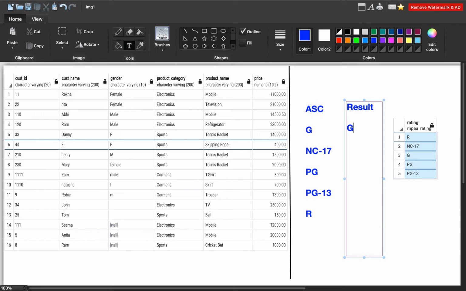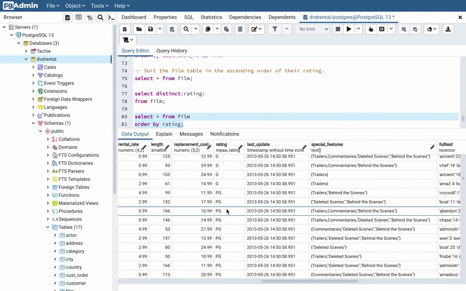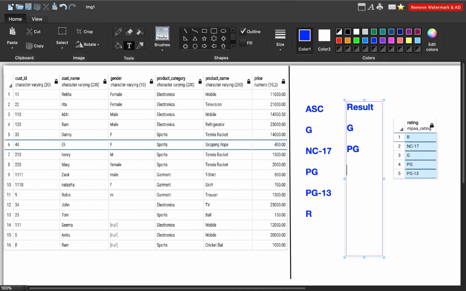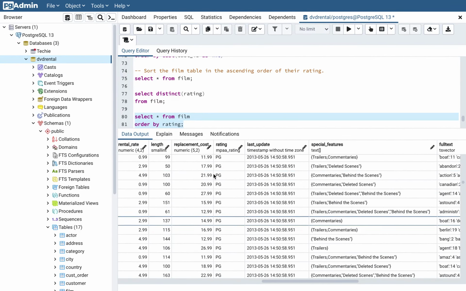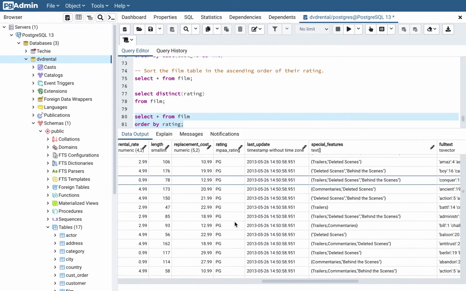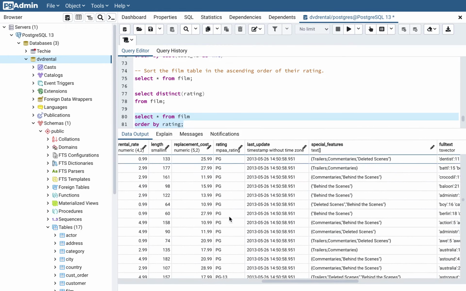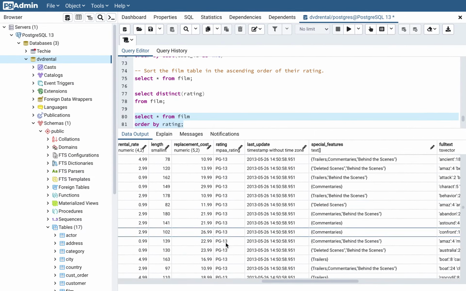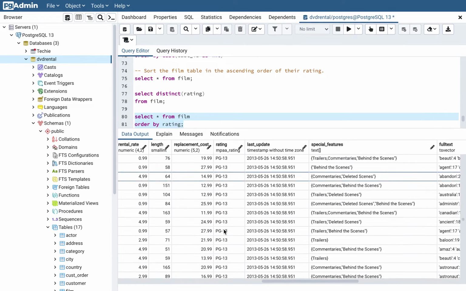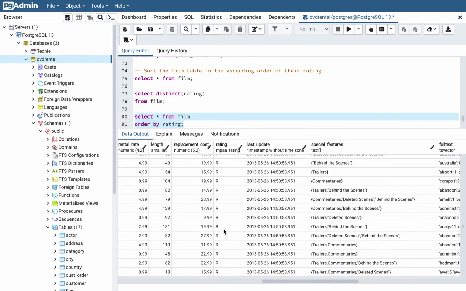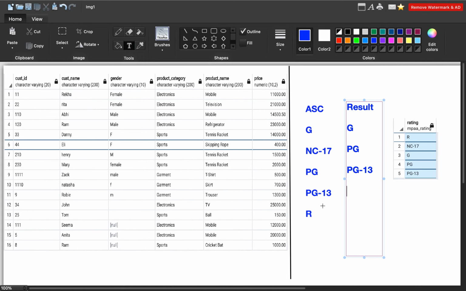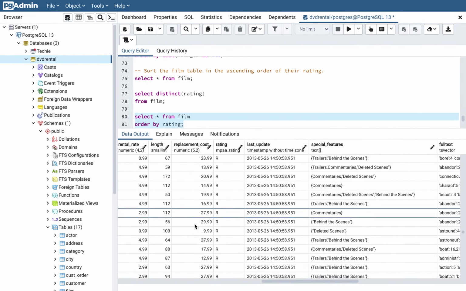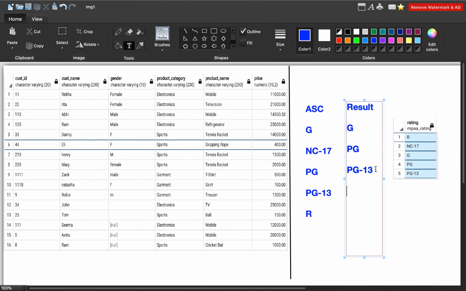So the first value was G, then the second value is PG, then let's see what is the next value. Now guys, you need to understand this. This is really very important. Sometimes you face all these problems in real time when you're working on your project. Then it is PG13, and then we have, let's see, what is the next value? PG13, how many values we already have? 1, 2, 3, okay. So then we have R, right? Then we have R, and after R only we will be getting